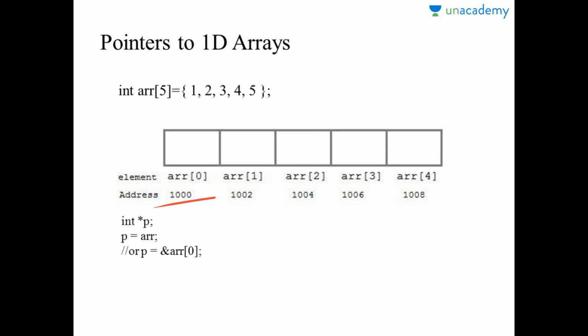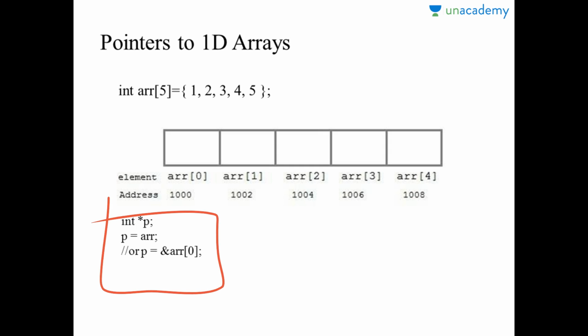So we can declare a pointer of type int to point to the array ARR. Now this int pointer is pointing to the first element. So we can access every element of array ARR using p++, just to increment it to move from one element to another. When this is pointing to the first element and we increment it by 1, we'll get the address of the next, and so on. Here's another example. We can use a pointer to point to an array, and then we can use that pointer to access the array.